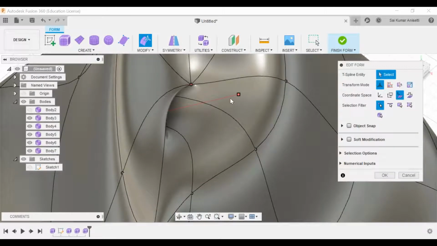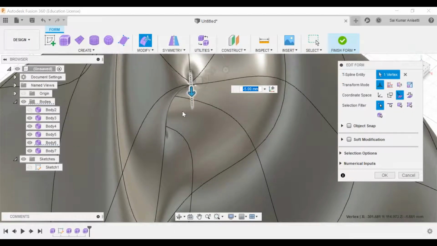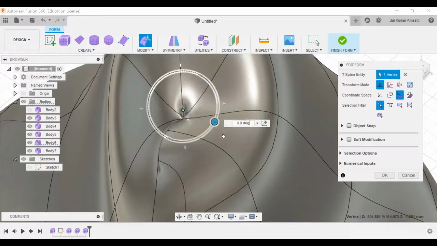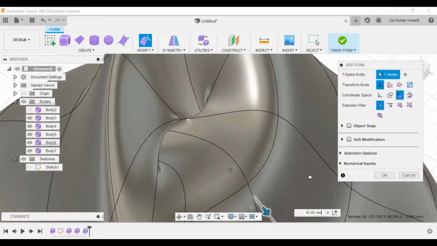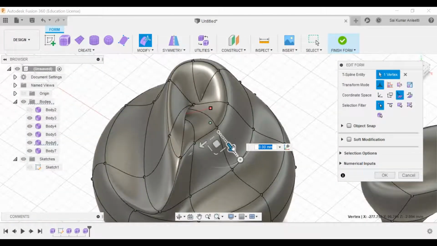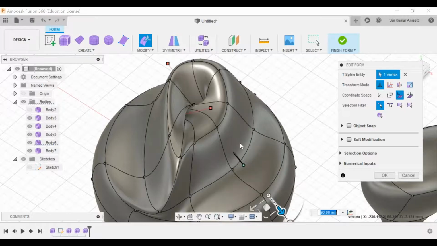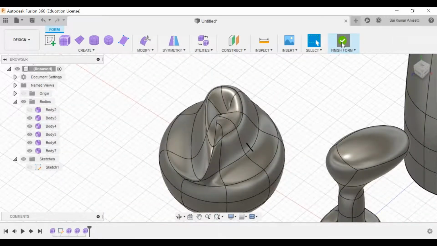Modify, and now select this particular edge. Turn that, rotated. What I'm doing is I'm just throwing an error. Now it is intersecting, right? I click OK, and if I go to finish form,